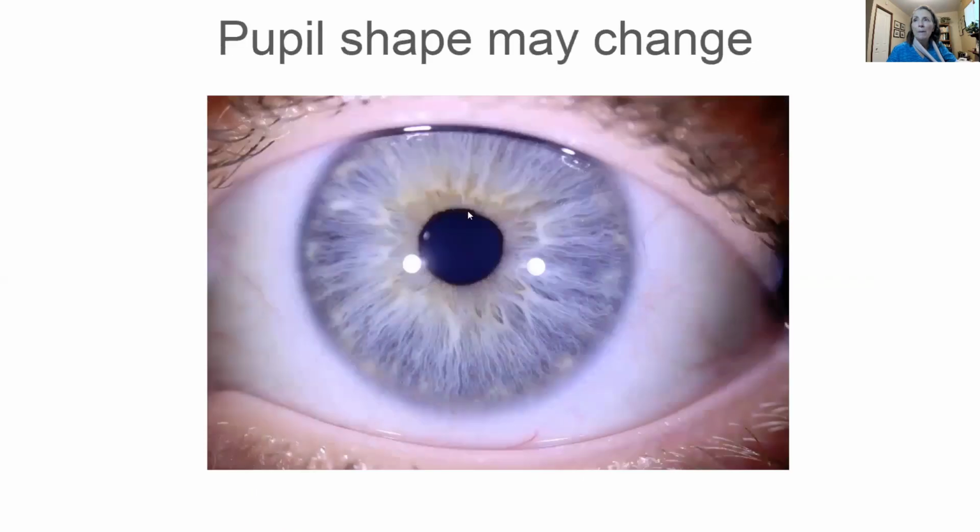The pupil shape may change. This is very dynamic. This correlates very specifically to the spinal alignment. So if the spine is chronically misaligned, we will see the pupil shape change to reflect the misalignment of the